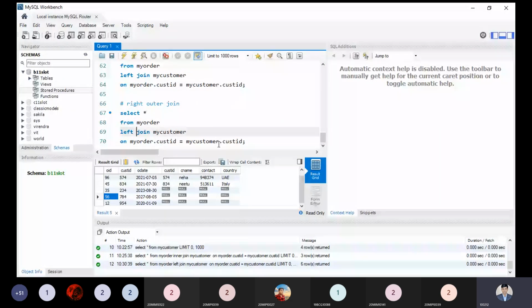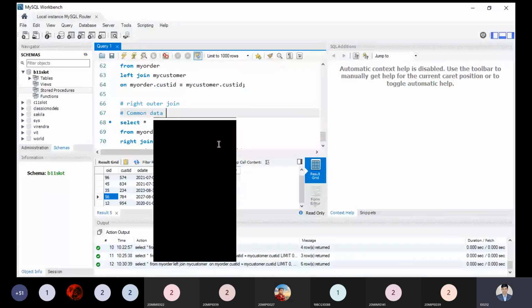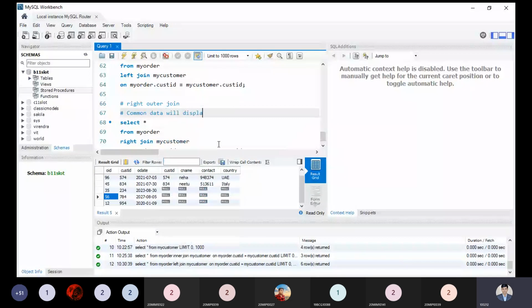So what it's saying to us is that for the table on the right side, first the common data will display, and then the right records will come.